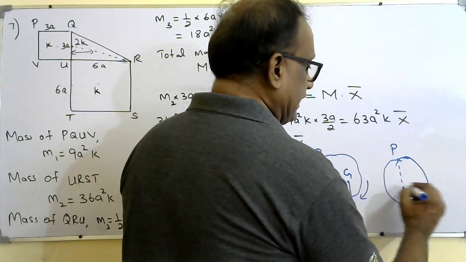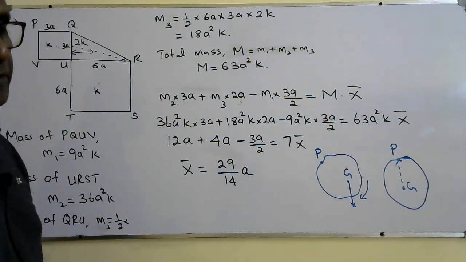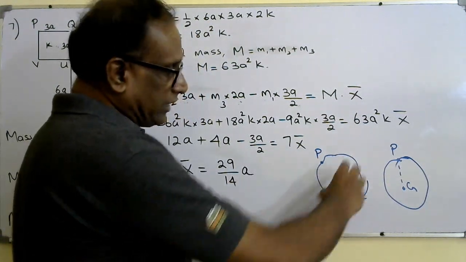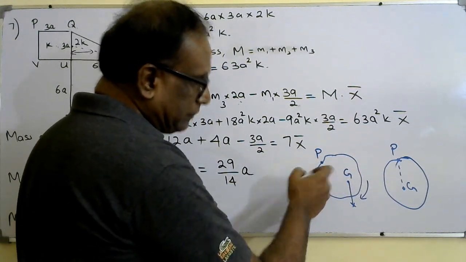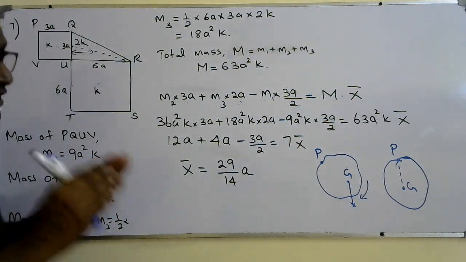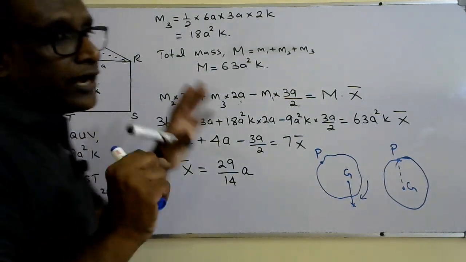Until the point G comes exactly below the point P. Until that it will rotate, because due to the weight there will be an anticlockwise moment. So it will rotate until G comes exactly below P. Okay, same way, for example, if we know the center of mass, if we know the point at which the